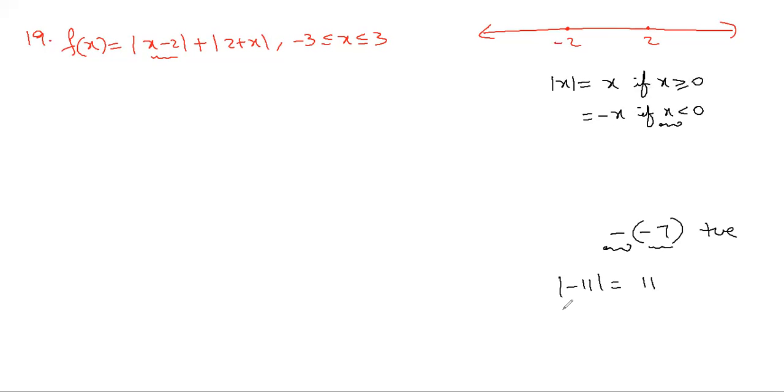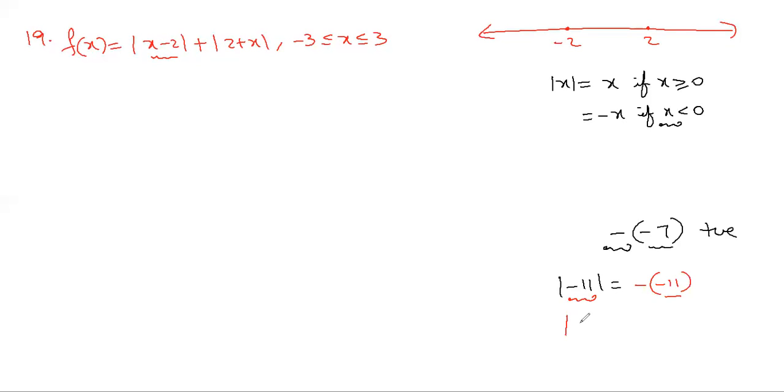But removing the minus, as a sentence, it is fine. Mathematically, how will we express removing the minus? Removing the minus mathematically can be expressed as multiplying with minus. If you multiply a negative number with a minus, automatically the minus will be removed. So you can say that mod of minus 11, instead of simply saying 11, you can say minus of minus 11. In case a negative number is there, its modulus is minus times of it.